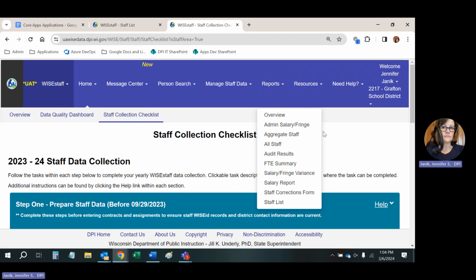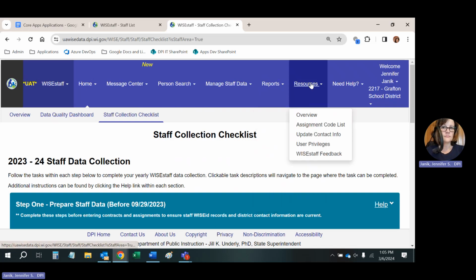We're always looking for feedback on the WISEstaff site and what's working, what's not working, what you might want to see, what would help make your job easier. So if in your job of entering the data or reviewing the data, you think that there would be a report or a group of data that would be really helpful for you to use to do the review of your contracts or your assignments or the whole staff together, and you don't see it in here, we would love to hear about that because we always want to be improving the application, making it easier for you all to use. So if you do think of something that you would want to suggest, the place to do that is